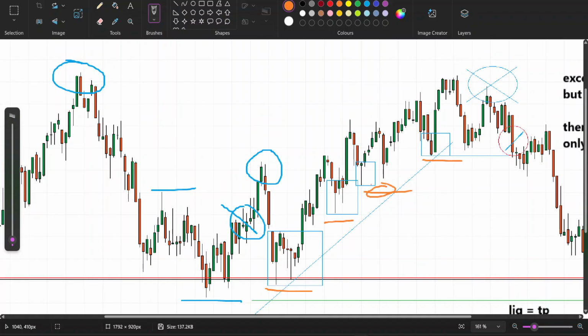So this is the second low. If I was long at these positions anywhere, I would have my stop here, and this position would be in profit, this would not be in profit, and this would also be in profit, because I would push here because of the double top. So